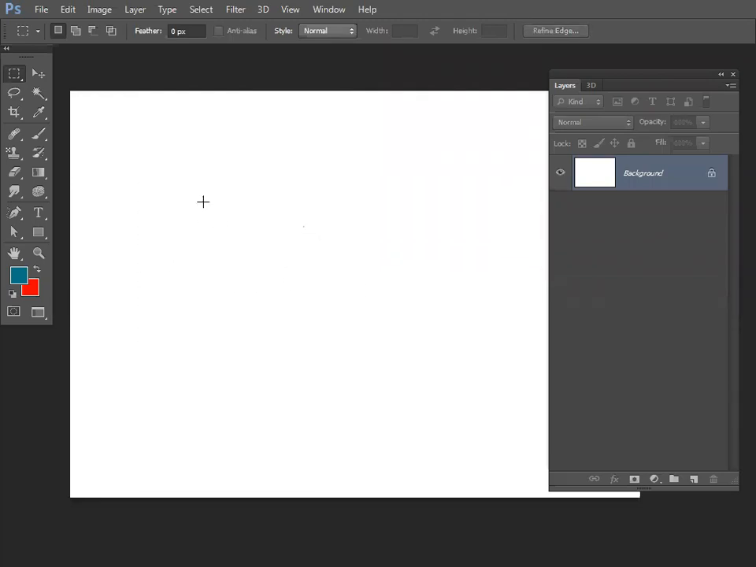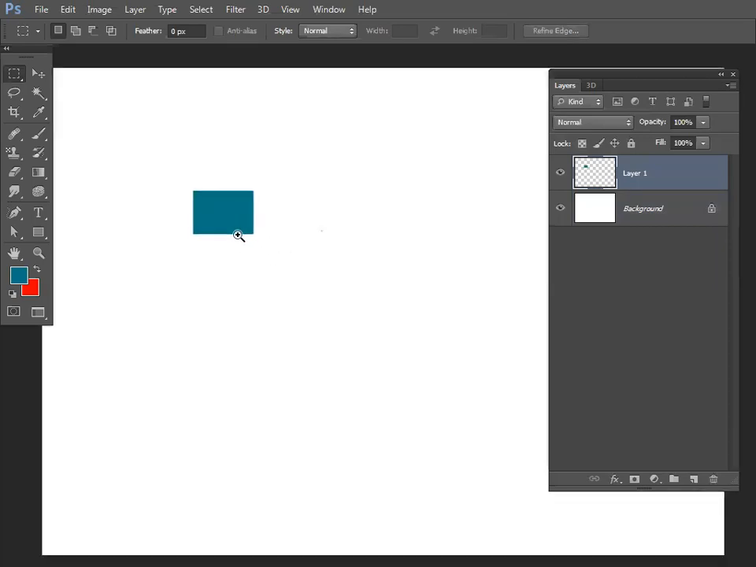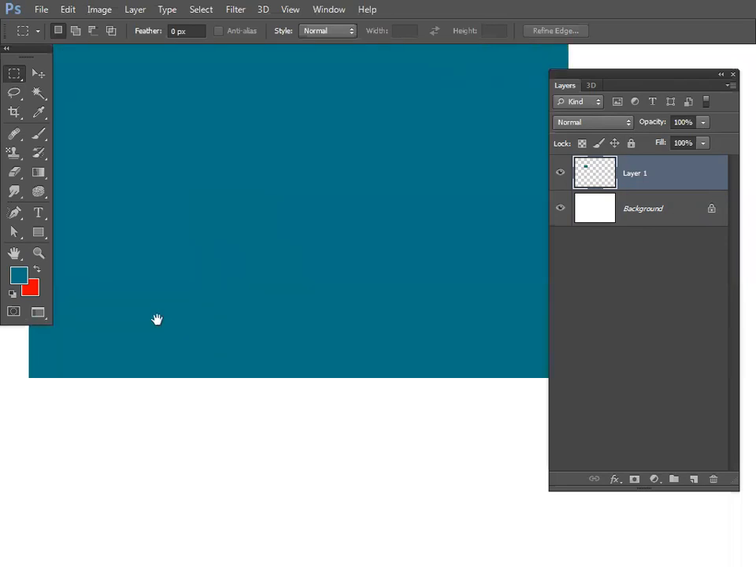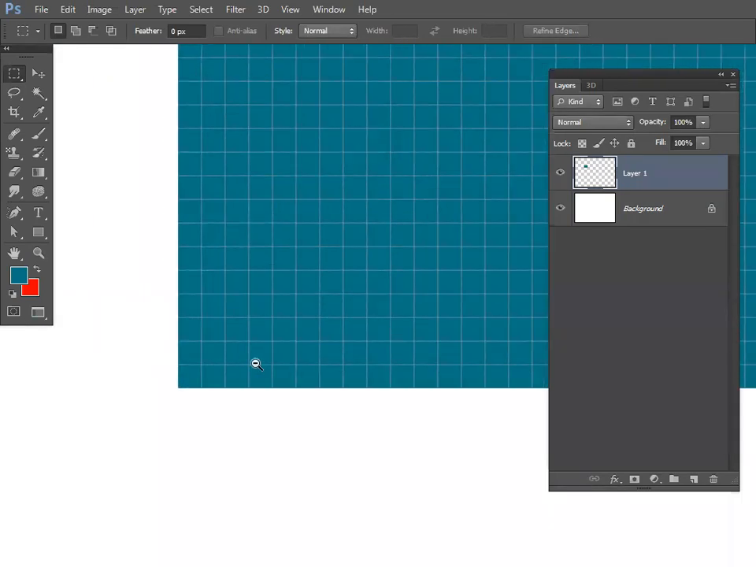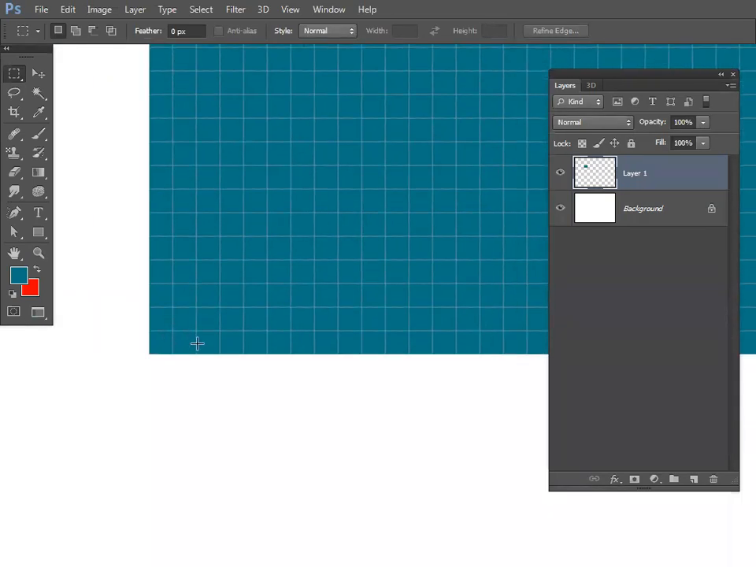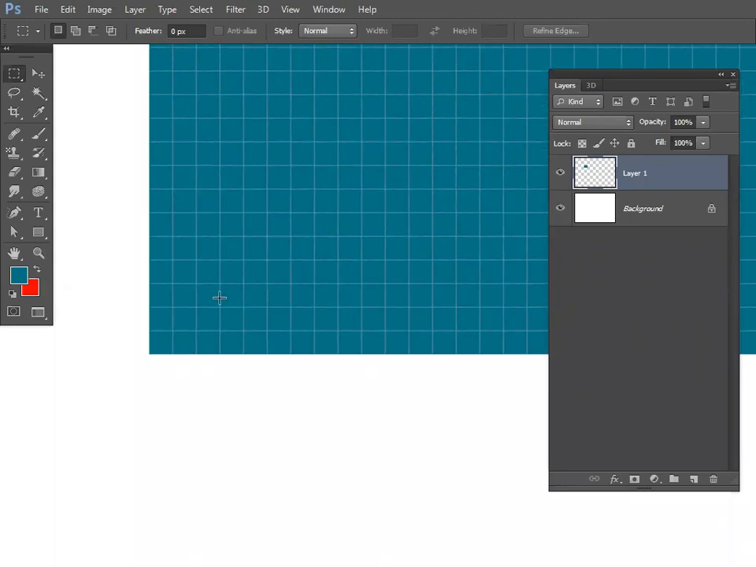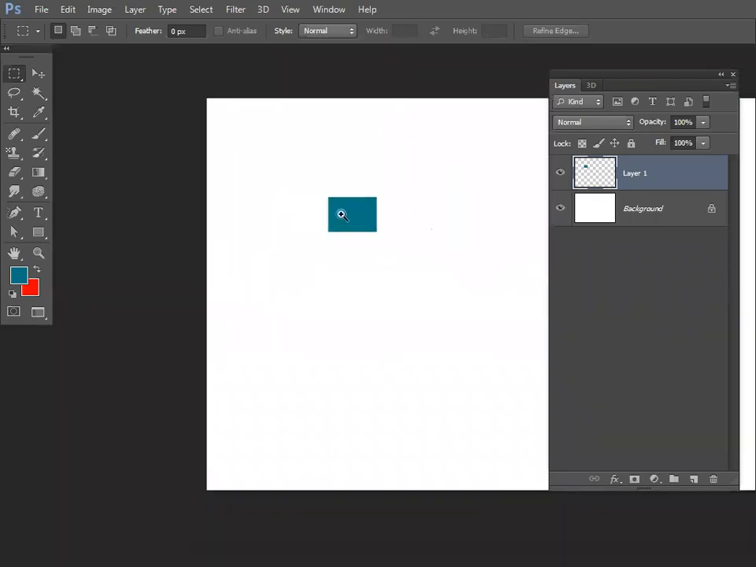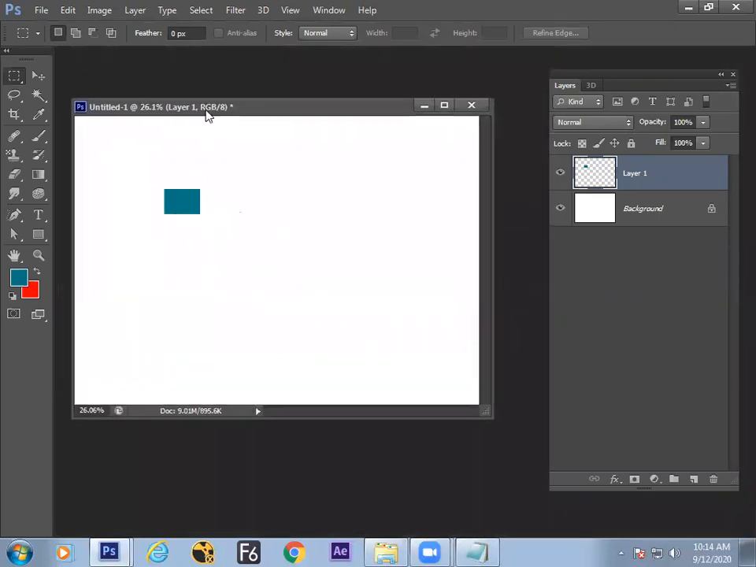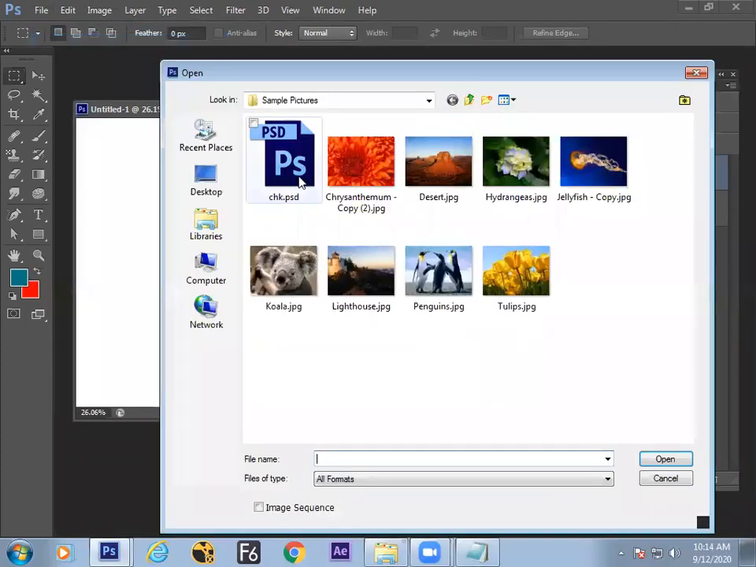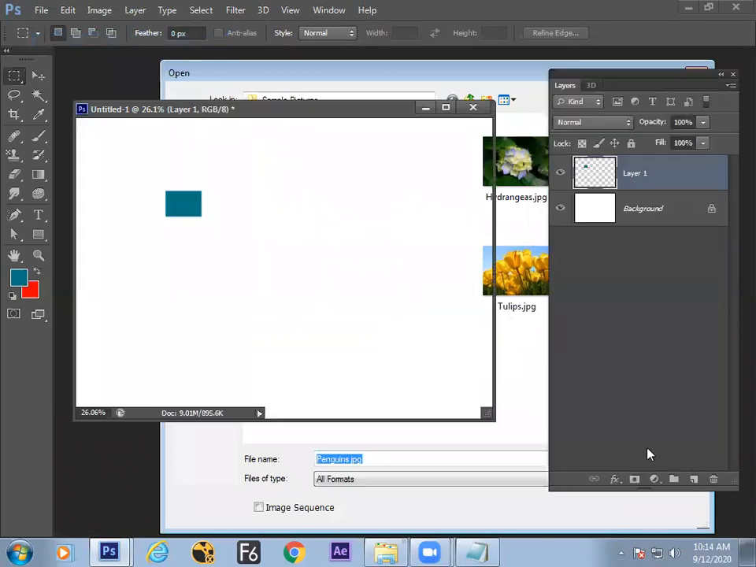For example, if I draw a small rectangle like this and take a new layer and fill it with some color, what is happening here is it is having pixels like this. Can you see the pixels? Each and every pixel is one color. Even if you take a photograph, something like these penguins,